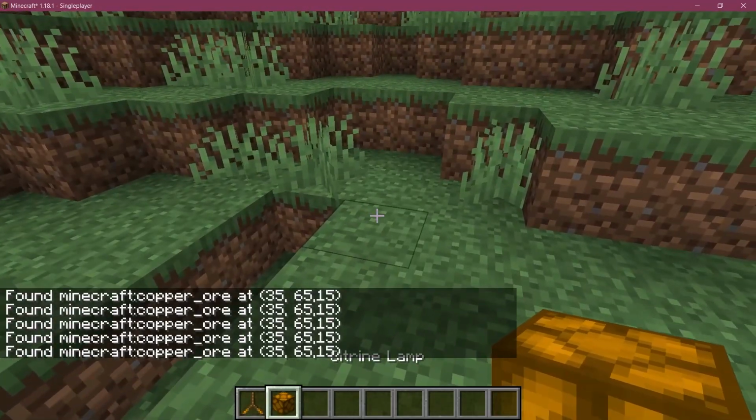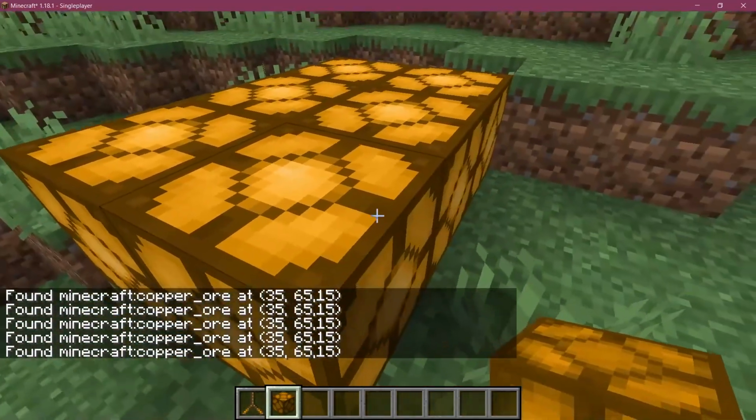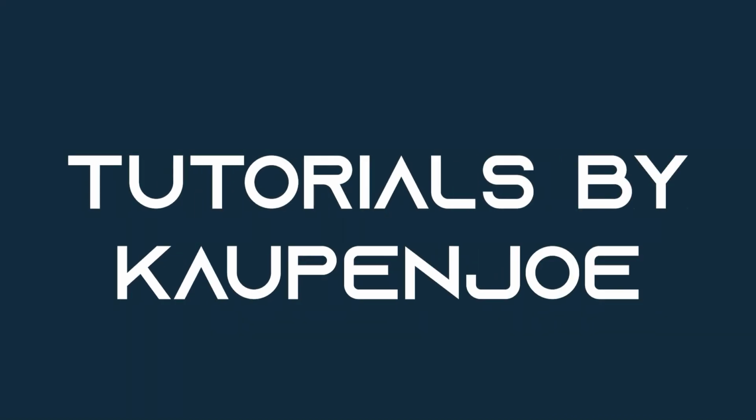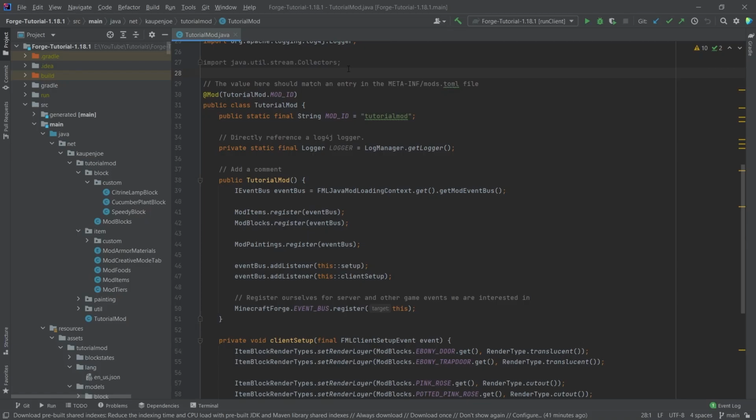Listen to that sweet sound. And let's add custom sounds to Minecraft. Alright, we found ourselves back in IntelliJ once more, and in this tutorial we're going to be adding custom sounds